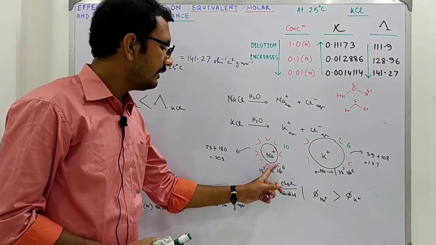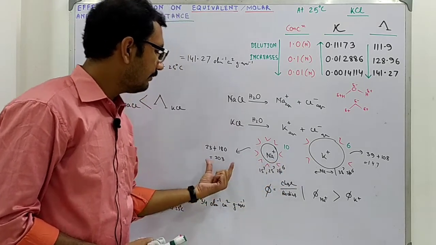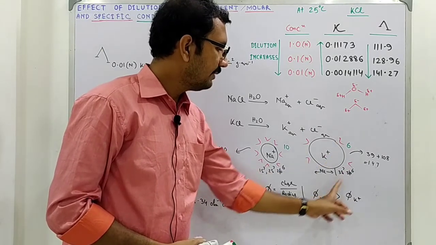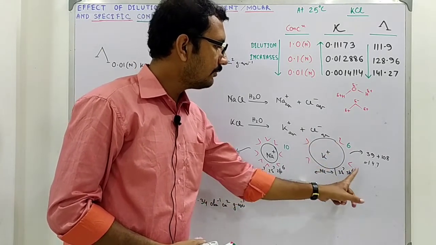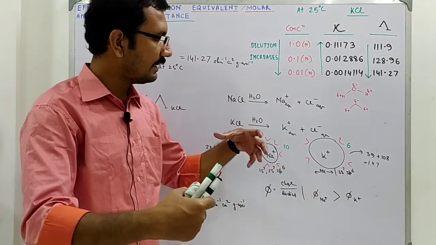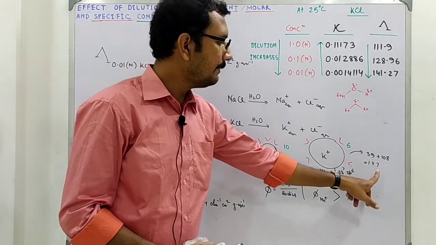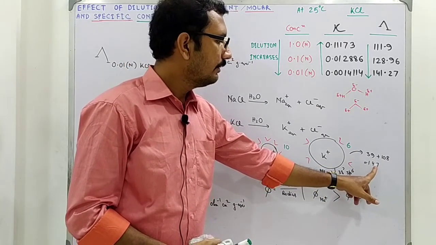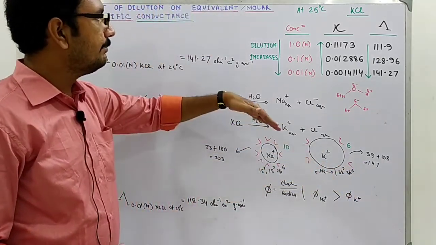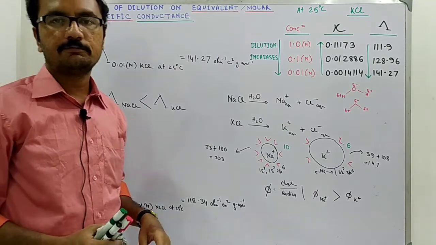Greater charge density, greater extent of hydration. So, the effective molecular weight is greater. Less charge density due to bigger size, so less extent of hydration. A small number of water molecules are getting adhered to this cation. So, the effective molecular weight is lesser compared to this one. Here it is 147. Now, we are maintaining the same temperature, 25 degrees centigrade, in both the cases.